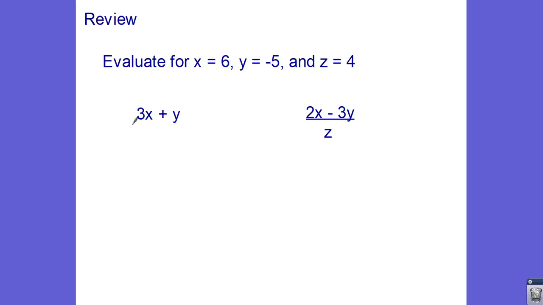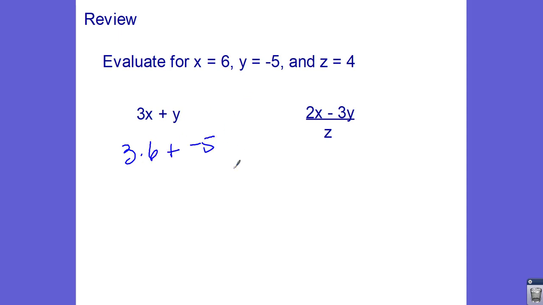Yesterday I gave you some expressions like this and asked you to evaluate them. Take, for example, this first one. We'll just do this first one together. It says I want you to do 3x plus y. Well, the first thing you need to know is what does this mean? It means I'm going to do 3 times whatever x is, and I'm going to add the value of y to that. So we look up here, we've got a value of x, we've got a value of y, so we're going to do 3 times x, which in this case is 6,